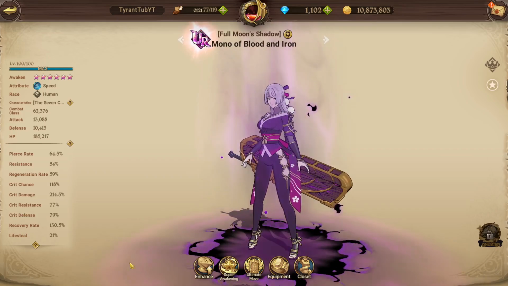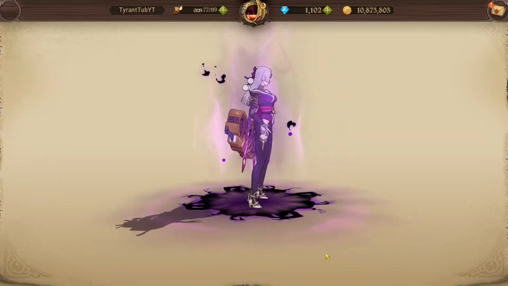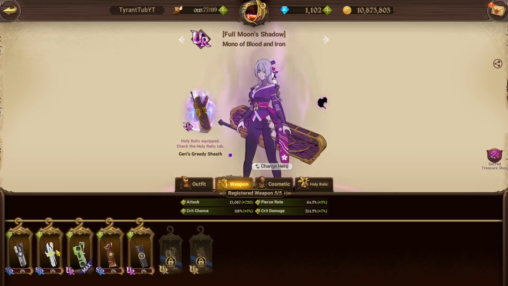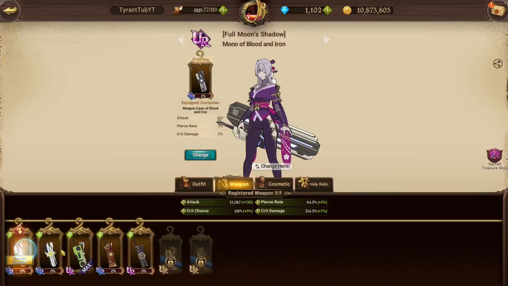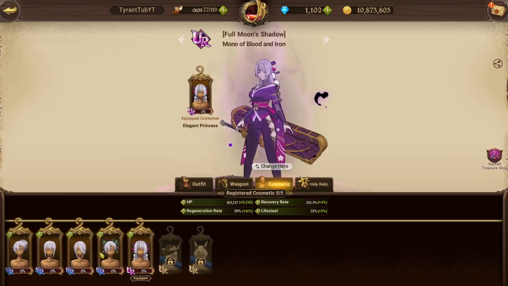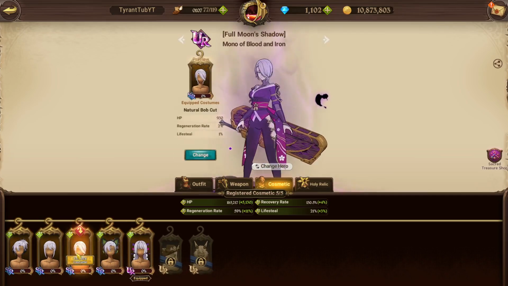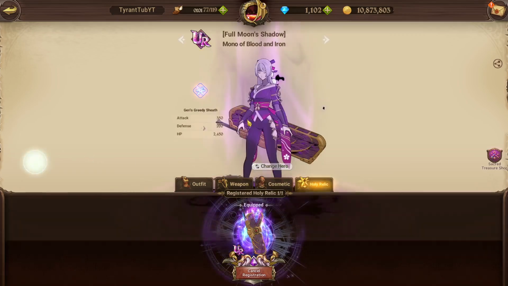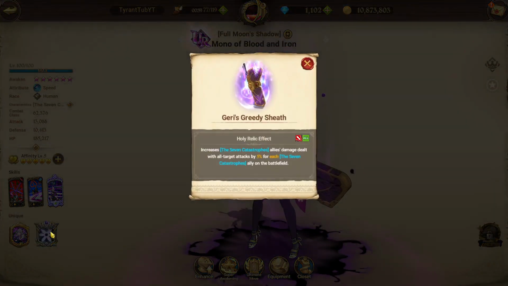And if you're wondering, I also do have all the outfits from events. So free from an event, and then Affinity, and then her actual one. Cosmetics, once again, event, and then these two are from Affinity. And of course, her relic as well, which we'll go on to now, which is increase the 7 Catastrophes allies'